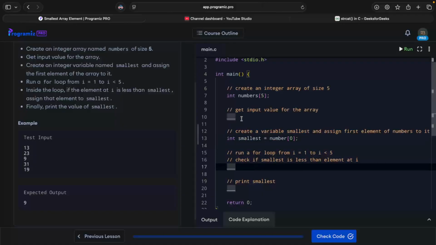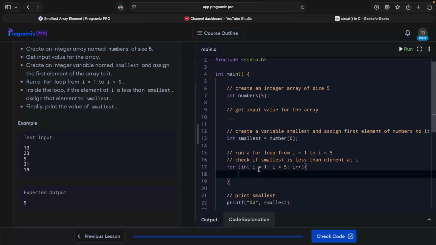Right, so input value for the array, that will be printf percentage d smallest, right? So this is a simple thing, int i equals to 1, and then i is less than 5, and then we do i plus plus, right? And inside there,